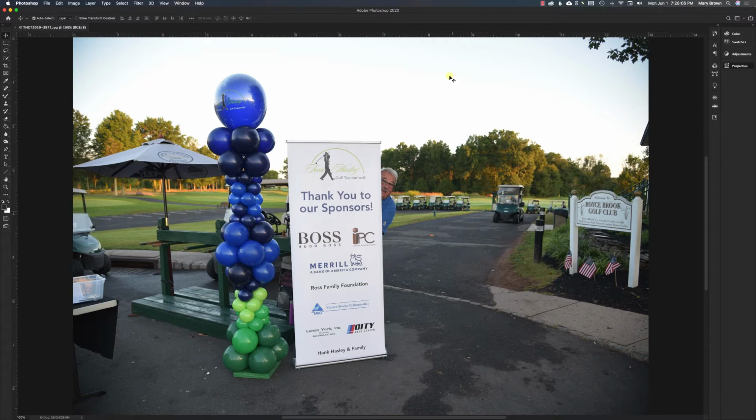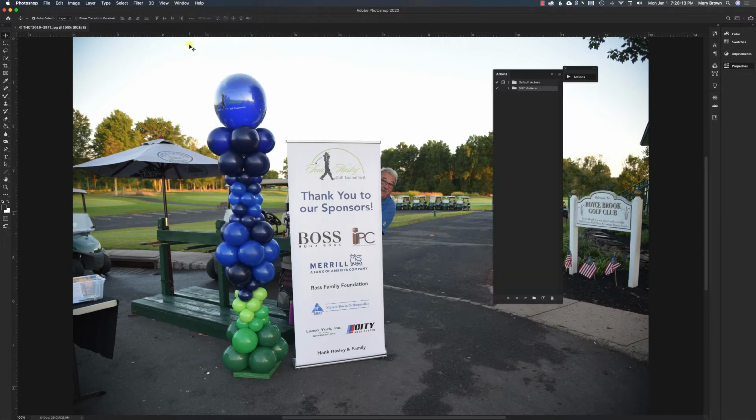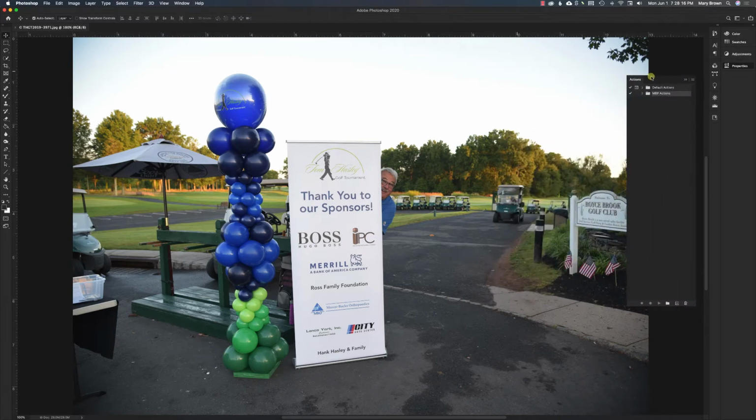So first of all, you want to open up your Actions palette. You go over to Window, Actions, and it opens up here. So I'm just going to bring that over here out of the way. So this is my Actions palette. I have different groups of actions already set up. When you first start using actions, you'll notice that there is a default group, and you can test those out and see how they work to see what function they do. All right, now you can create your own. These are ones that I've created for myself, and I'm going to add a new